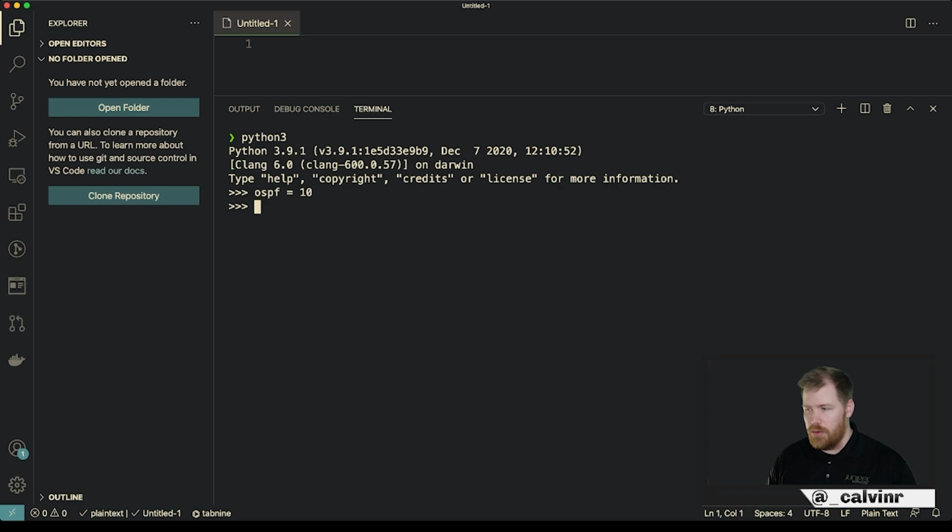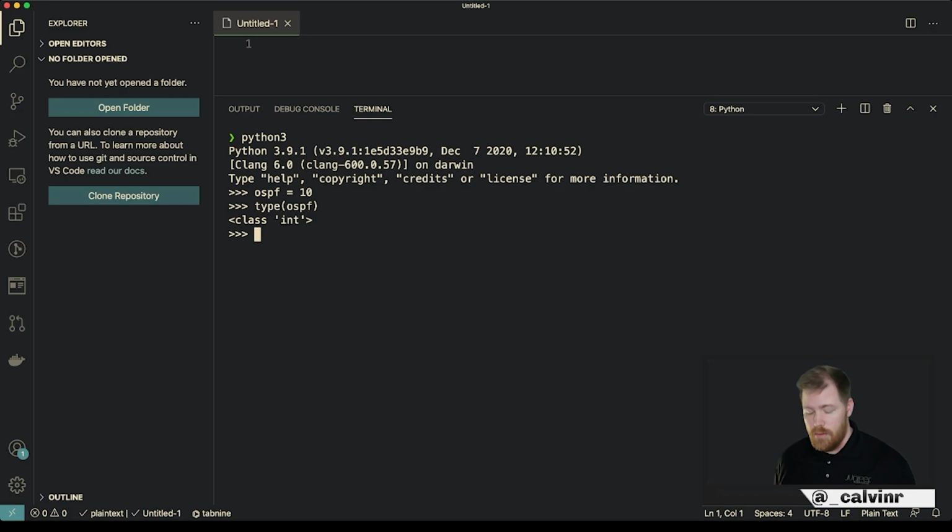Now, in the Python world, for us to create a variable, you declare the variable, you separate it with an equal sign, and you give it the value. In this case, I've given it a value of 10. Now, Python will look at that and say, 10 is a number. So Python will automatically infer that this type of object is an integer. And we can validate that by typing the word type and passing in the object name as a parameter in parentheses. In this case, it's OSPF. When I hit enter, Python lets us know that OSPF is an integer,